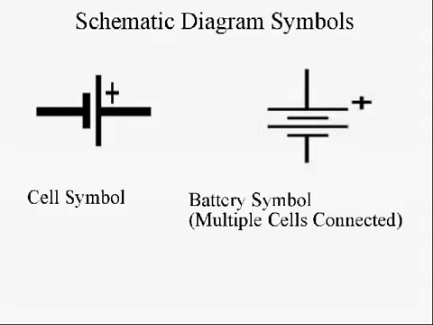This is the schematic symbol for a battery. On the left we have a single cell symbol. Notice that the longer line is the positive side of the battery and the shorter line is the negative plate of the battery. The lines represent the metal plates. A multiple symbol on the right indicates more than one set of plates, or a battery. A battery is actually technically the term referring